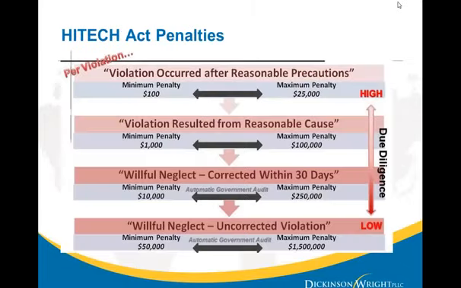In terms of actual penalties, they can get pretty high. It's really important that you as a business owner are educated about your obligations under HIPAA because, for example, if you don't train your staff, it's very easy to say that that's willful neglect, right? Willful neglect gets you into a minimum penalty of $10,000, a maximum penalty of $250,000. I'd like to know the last time the government gave a penalty of $10,000, right? So you're not going to be paying that minimum amount. You're going to be paying probably closer to the maximum because that's how you learn your lesson.